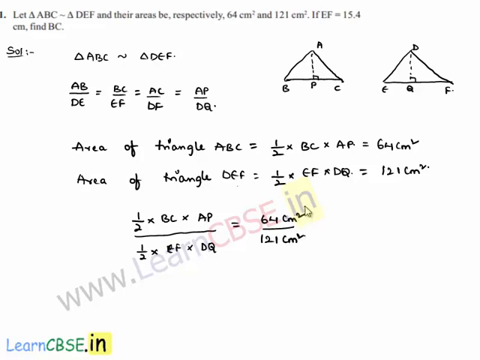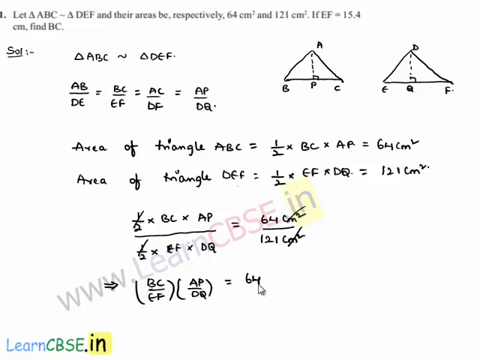As centimeter is common in numerator and denominator, that will be cancelled, and also in numerator half and in denominator half will be cancelled. So we can write this as BC by EF into AP by DQ,